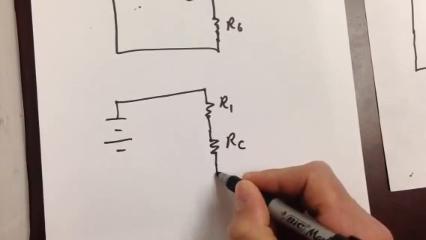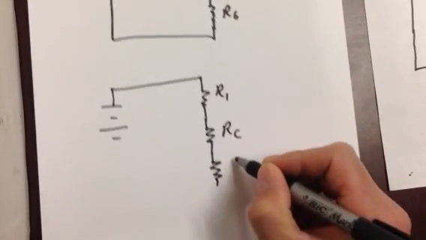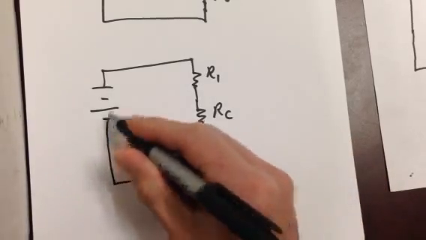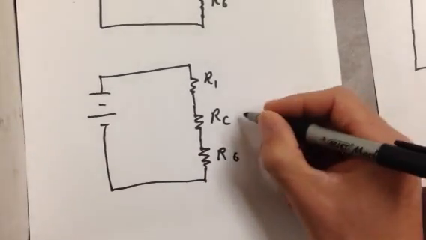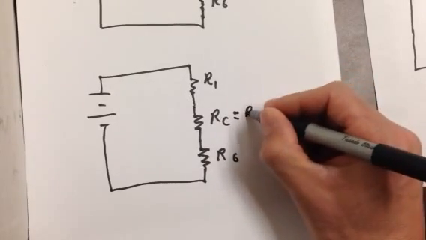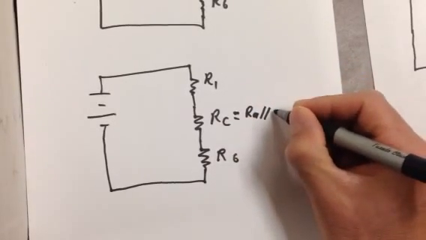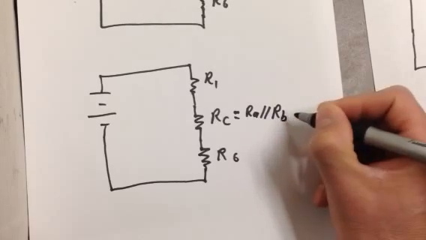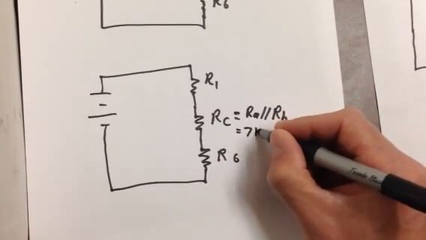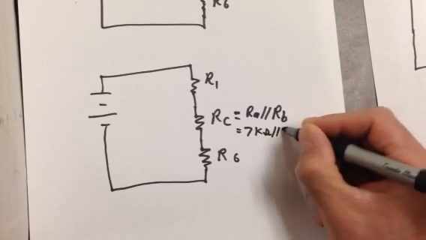Doesn't matter what I call it, I just have to make up a name that's not already in use. And the value of RC is going to be RA parallel to RB, which is 7 kiloohms parallel to 7 kiloohms,